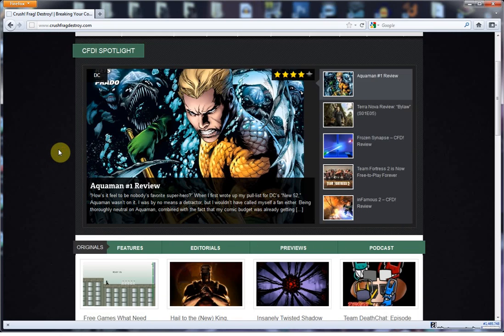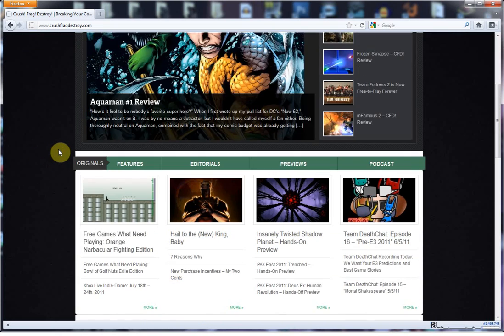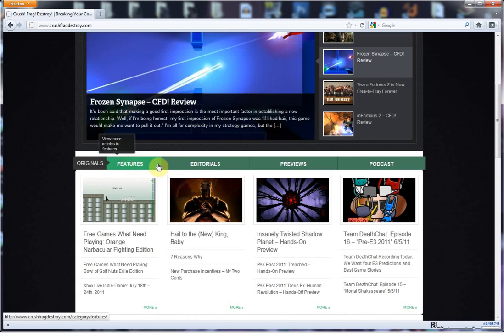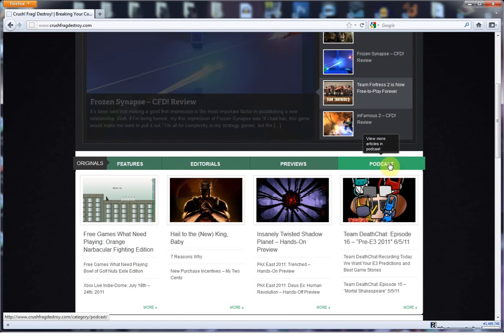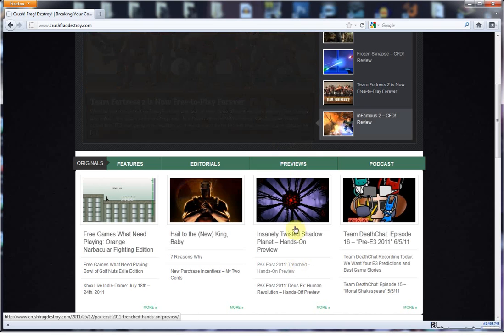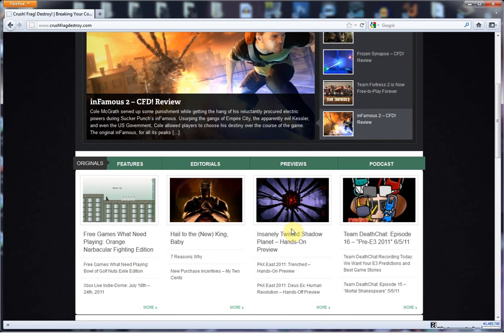Now if we scroll down a little bit, you'll see that the next section is currently originals. That may change, but for the time being, this is where we're going to be putting our featured original content. Things like features, editorials, our podcasts will be here. The fourth slot, right now, previews is holding this, kind of keeping the spot warm, but what we're hoping to